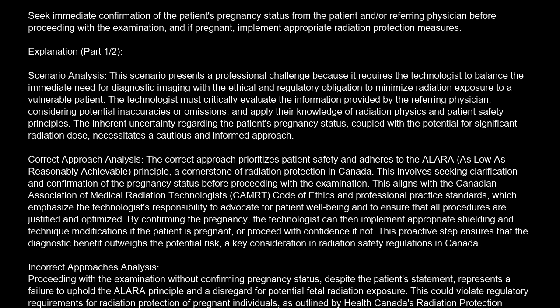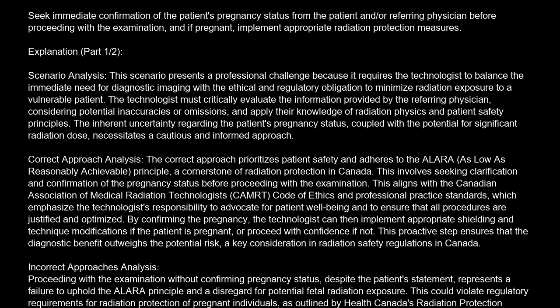By confirming the pregnancy, the technologist can then implement appropriate shielding and technique modifications if the patient is pregnant, or proceed with confidence if not. This proactive step ensures that the diagnostic benefit outweighs the potential risk, a key consideration in radiation safety regulations in Canada. Incorrect approaches analysis. Proceeding with the examination without confirming pregnancy status, despite the patient's statement, represents a failure to